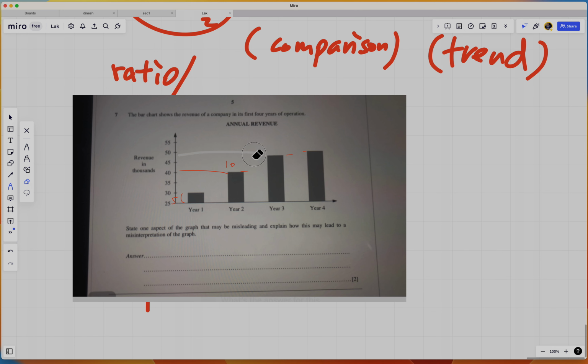Over here I really need a ruler, because without it I can't tell. Oh, this is not 50. So this is 50, this is maybe 48, then this is 40, then this is 30, right? So once we have drawn this out,